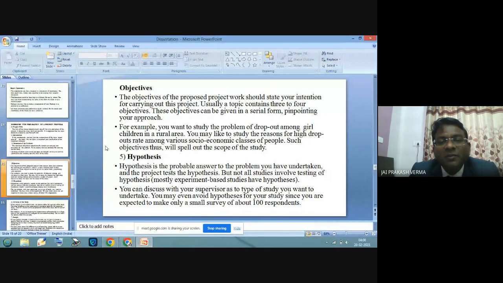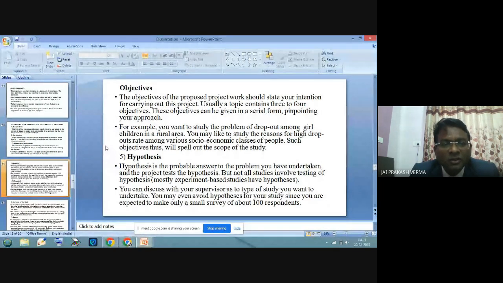The objective of the proposed project work should state your intention for carrying out this project. Usually a topic contains 3 to 4 objectives. You do not need 5 to 10, 3 to 4, maximum 5. You take only 5 objectives at most, not 8, 9 or 10. These objectives can be given in serial form, pinpointing